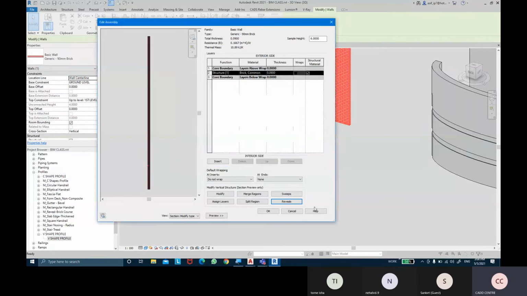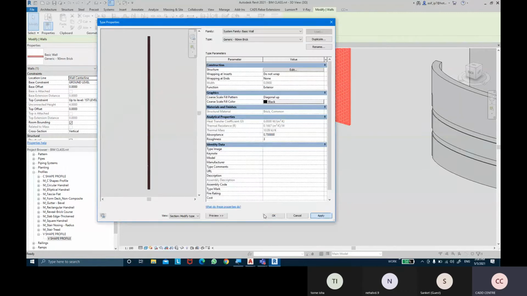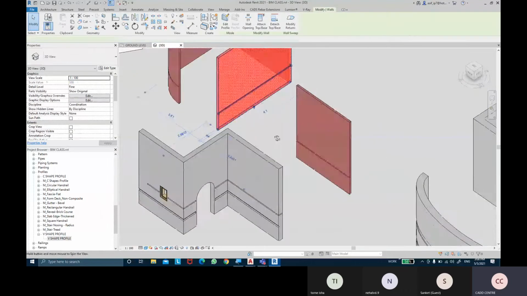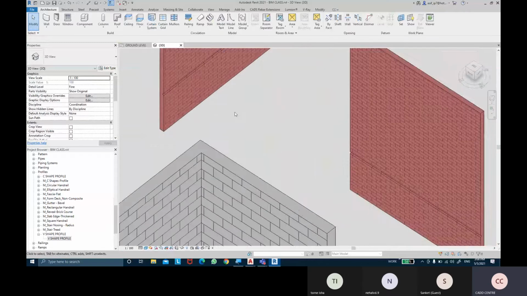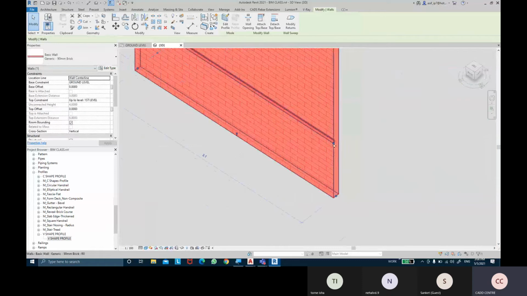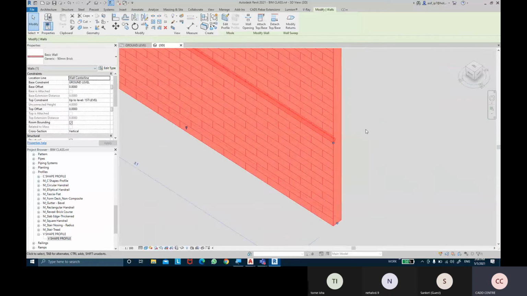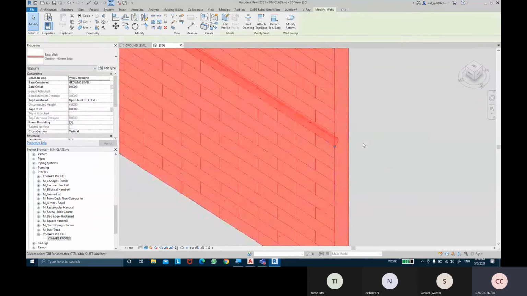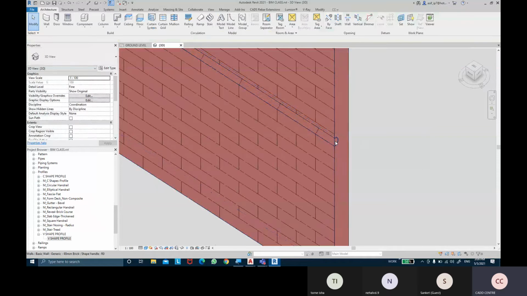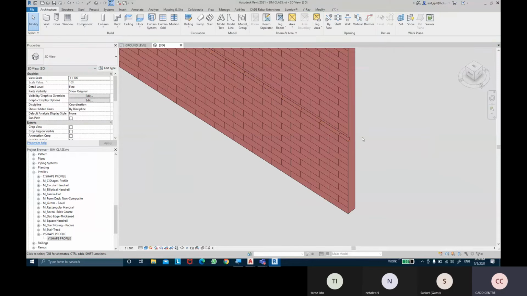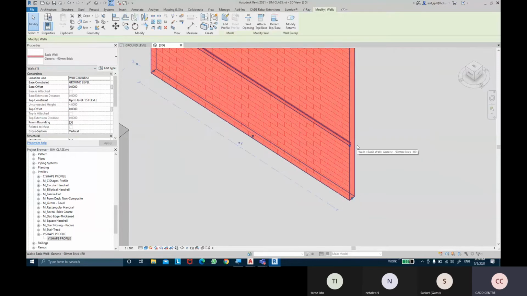Okay, so what it's going to do is by default it will add to all the similar walls. So all my 90 mm brick walls will get the reveal. Even if I don't want it on this wall, you can see it's still there. I cannot remove it now because there's no option to remove the reveal. Even if I tap the cursor, it's not gonna go. If I try to press delete, it's not gonna go. So it's by default been applied in the wall.